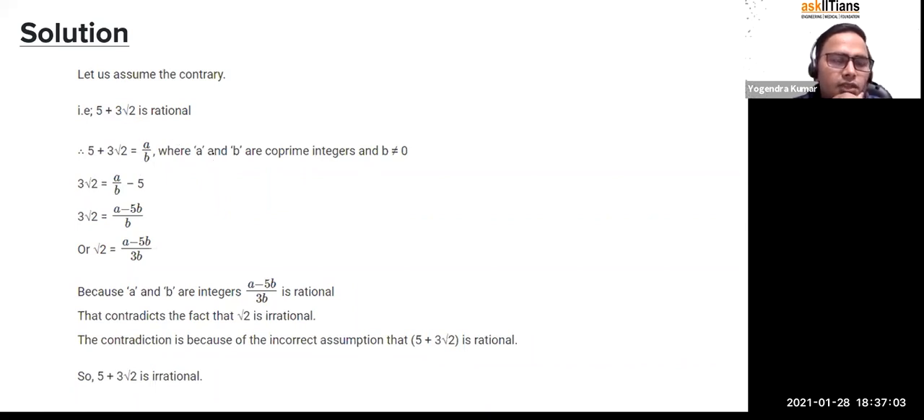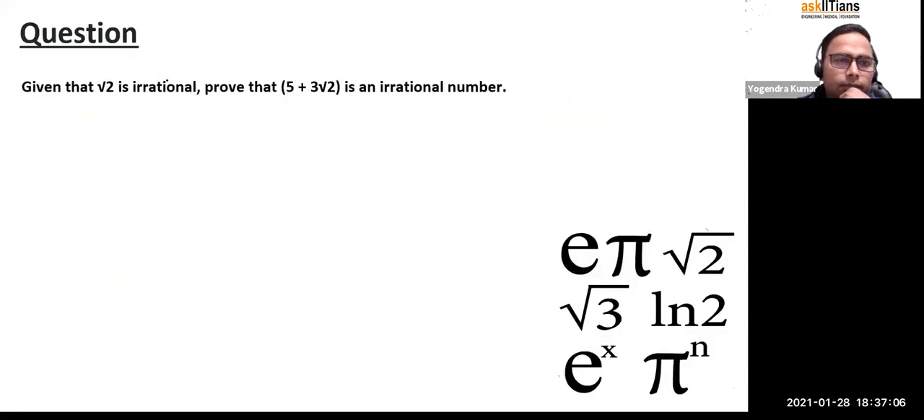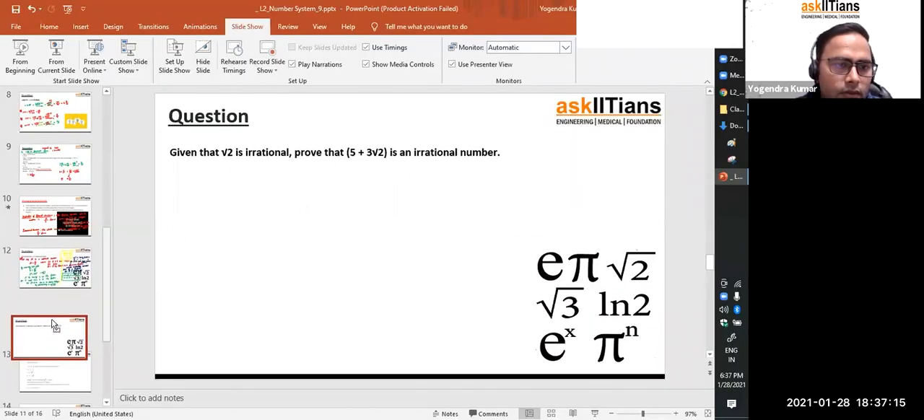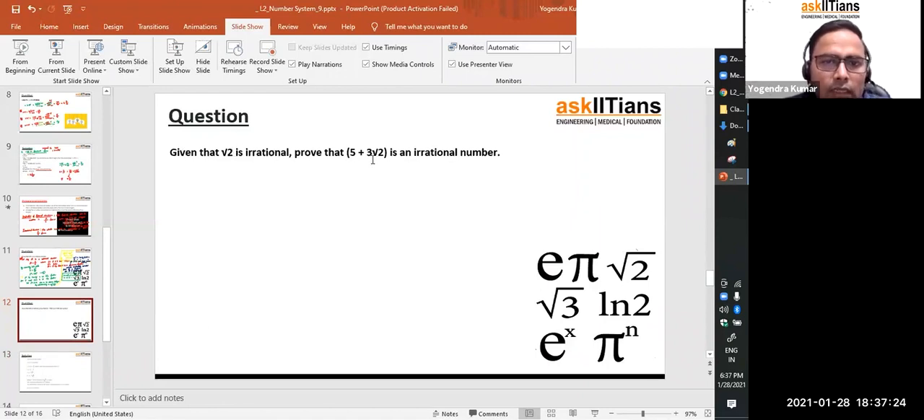So in the question, what is given to us is: given that root 2 is irrational, prove that 5 plus 3 root 2 is an irrational number. We need to prove this is an irrational number. So how are we going to prove it now? As it is already given that root 2 is irrational, so can we write down